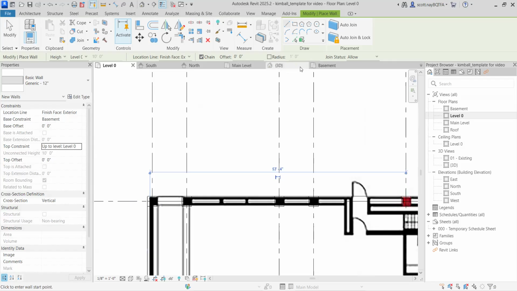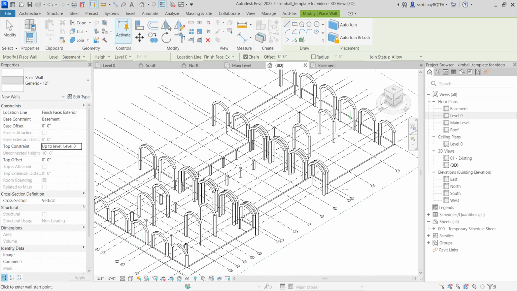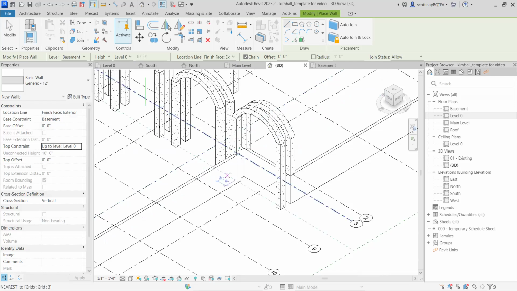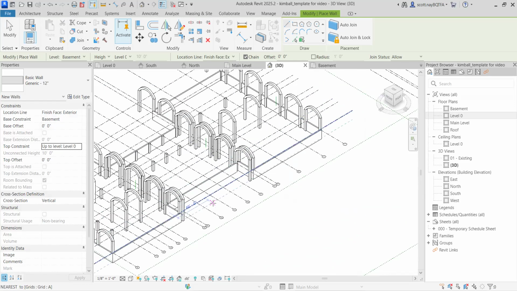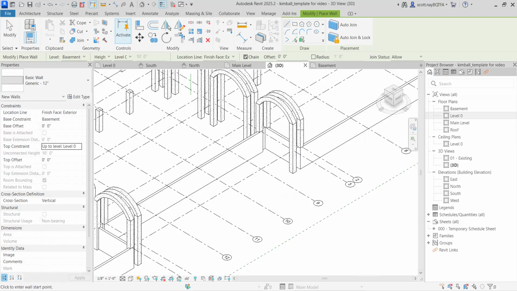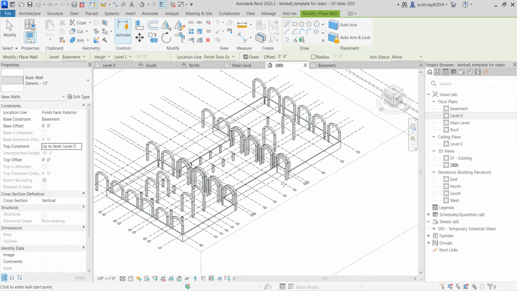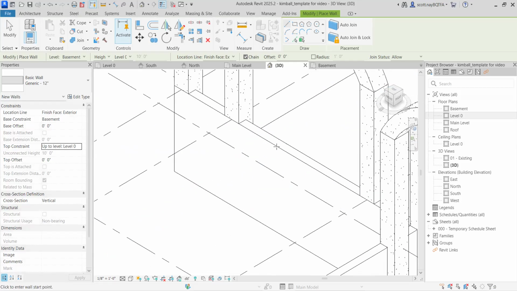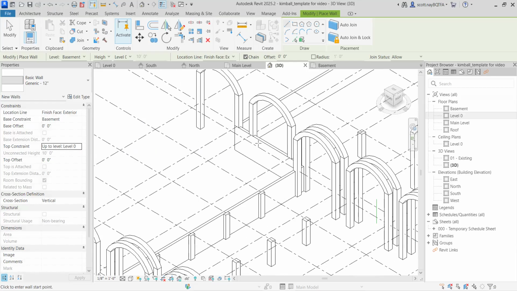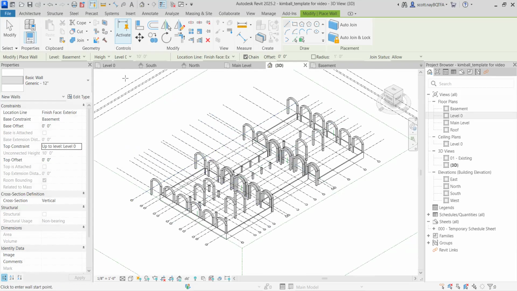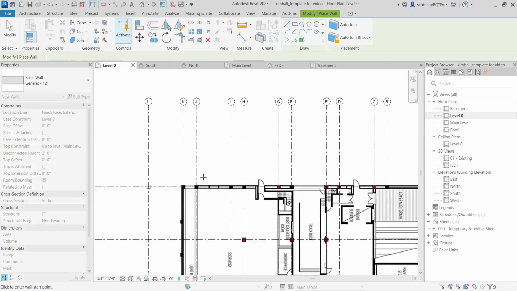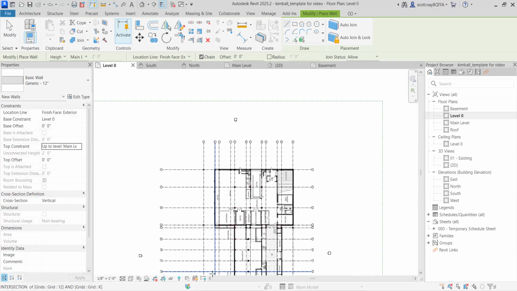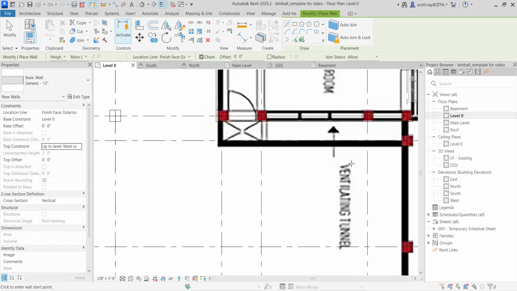All right. So now if I go to my 3D view, you can see I've got walls all the way around. This is the back entrance. And again, if you go to Google Maps, these are visible. And if you go to Google Maps, all these ventilation walls are underneath the ground, but these walls are visible. So if you create those, make sure you create them separately so that you can change the height on them. If you wanted to do that,